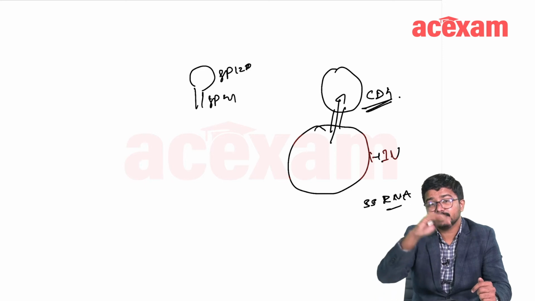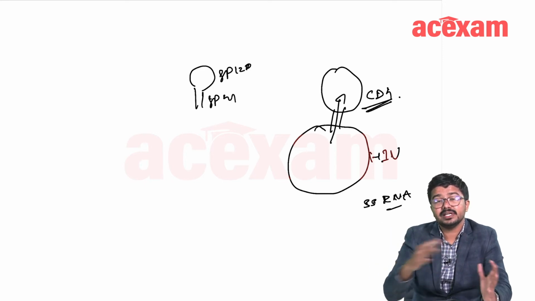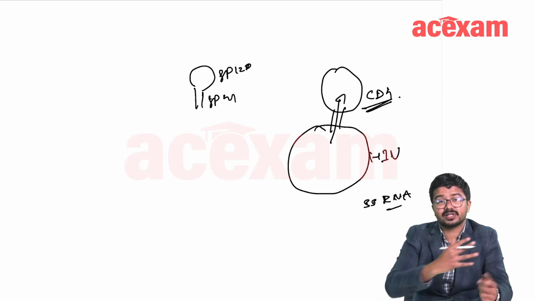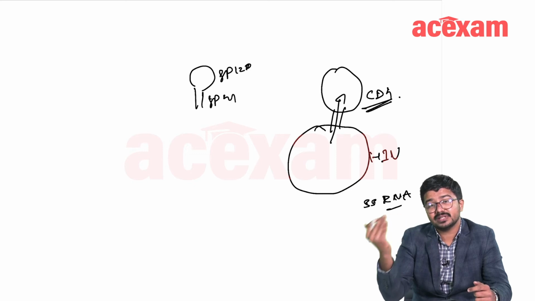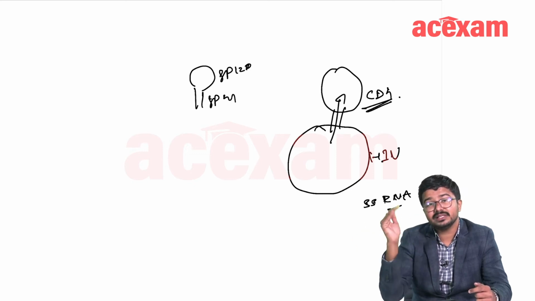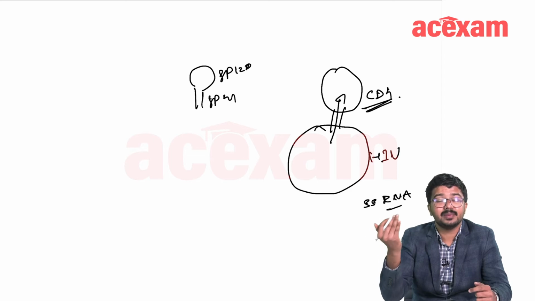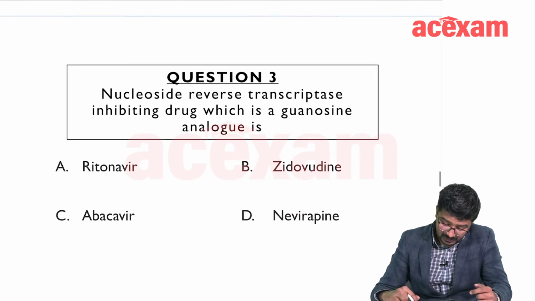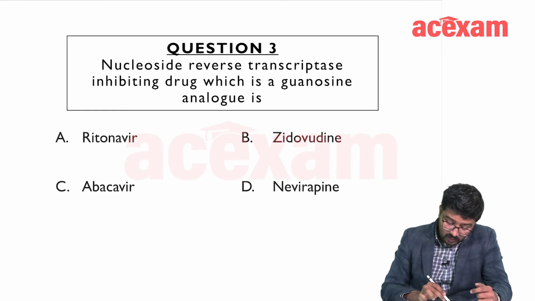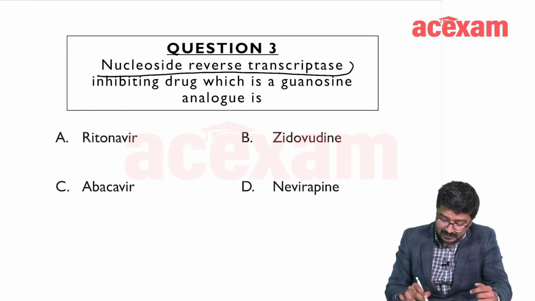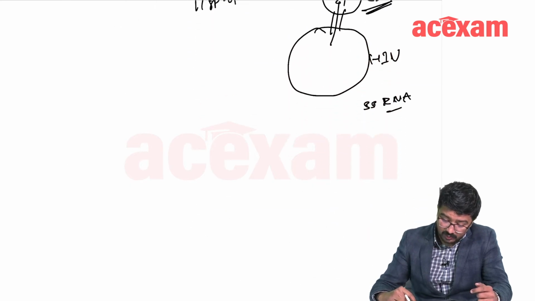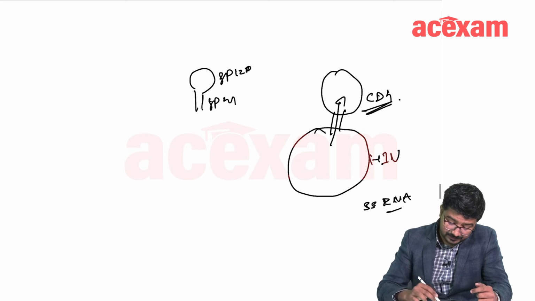After it has been integrated, it will produce the mRNA and then the proteins. These proteins need to be broken down so that they help in budding a new HIV structure. For that, you require an enzyme, which is nothing but the protease. All these three are inhibited by different drugs. For our question, the interest is one of the enzymes among these three, which is the reverse transcriptase. So let's go a bit deeper into how the reverse transcriptase acts.